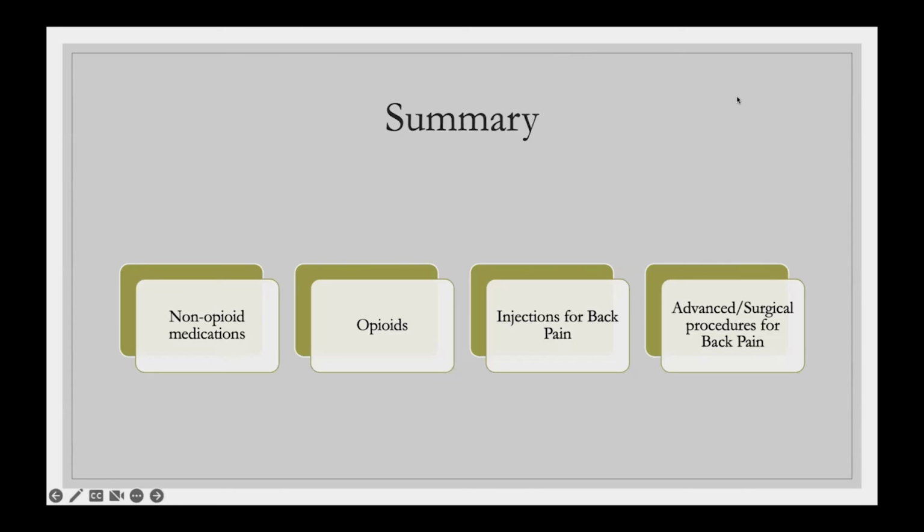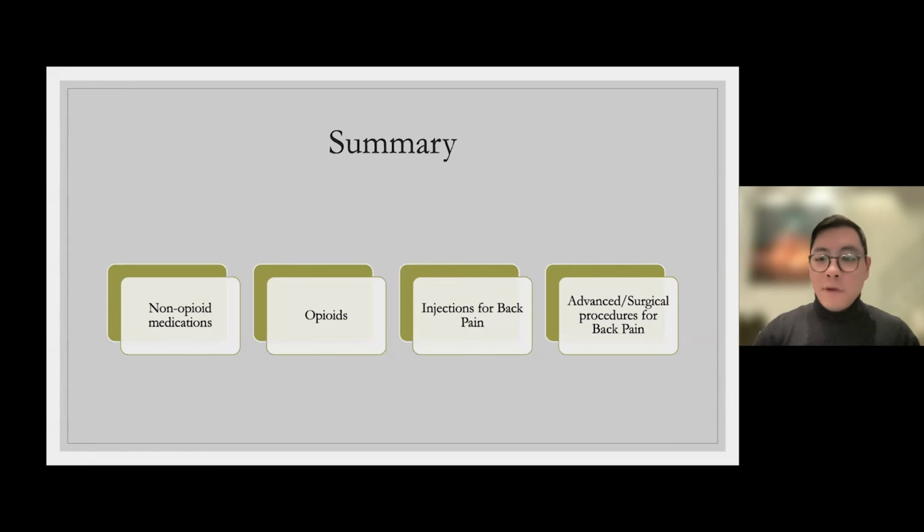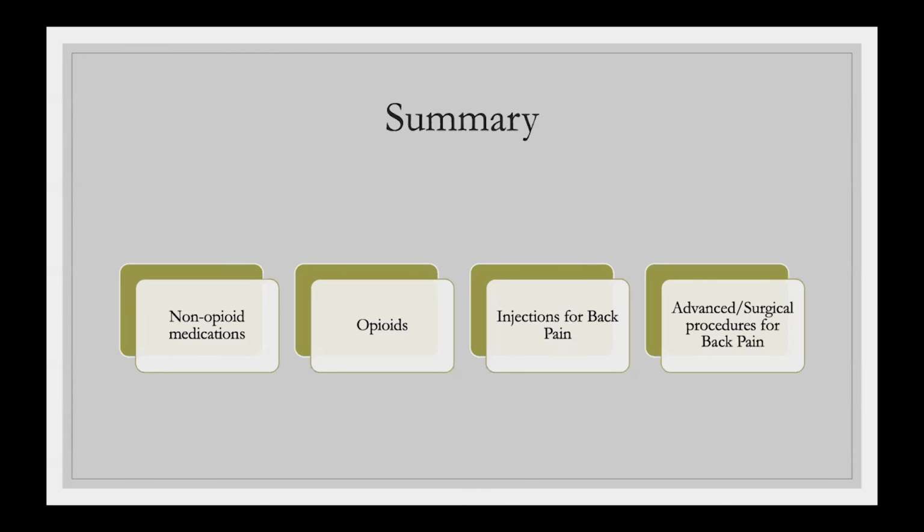All right, so today we talked about these 4 categories. Non-opioid medications. We talked about opioids and then touched briefly on the CDC updated guidelines. We talked about injections for back pain, specifically those procedures targeting both that shooting radicular type of pain, but also that axial pain that stays in the middle of the back, more related to arthritis. And then finally, we talked about advanced or surgical procedures, these small surgeries that are new developments that can help through different methods, whether it's implanting a device or decompressing some of the tissue that's smushing on various parts of the back.